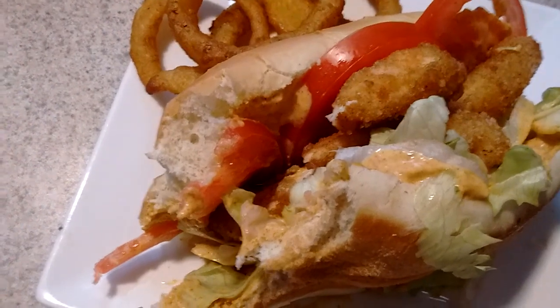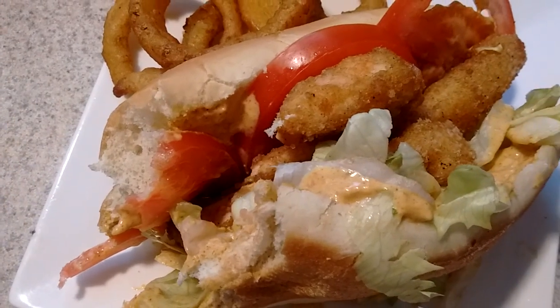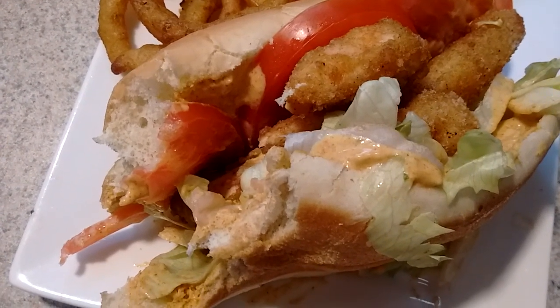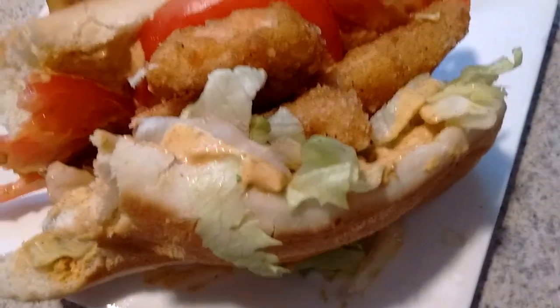I definitely needed two hands to pick that sandwich up and take a couple bites out of it, but it's really good. If you really like the old traditional po' boy, try this. I think you'll like it. It's really